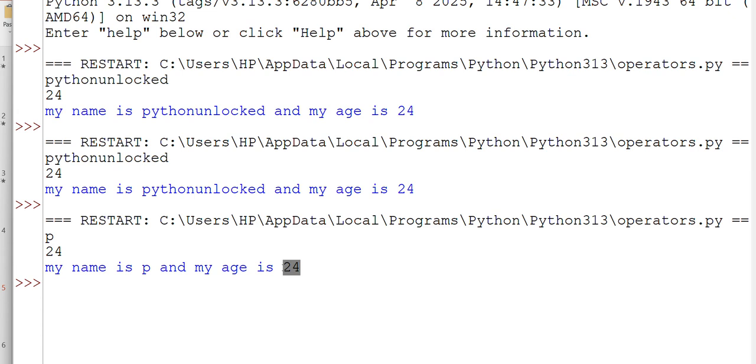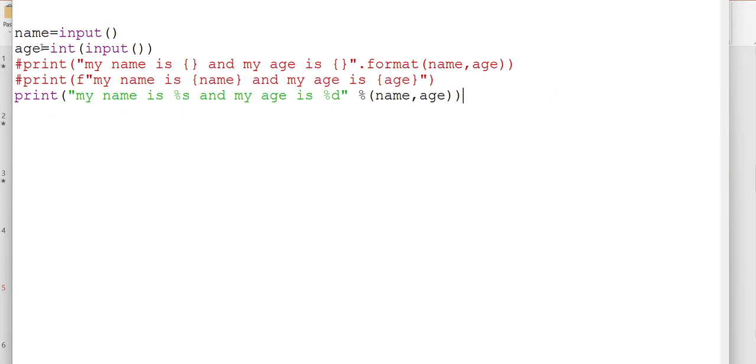Okay, now we have discussed if we are having any float value in our variable, how we can access that. We can access that using percentage f. Now let's understand that as well. For example, instead of age, I am taking the CGPA variable over here that will be float in nature, let's say. So I'll be using percentage f. My CGPA is, so I'll be using CGPA over here. Okay, now let's run this.